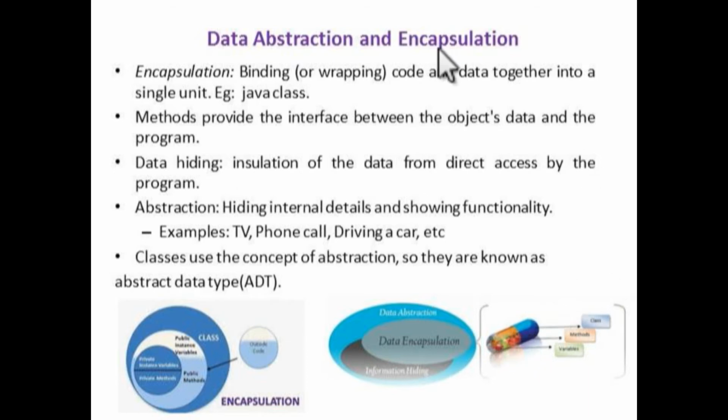Likewise, in object-oriented programming concepts, we keep the code and data inside a particular class. So other people, or other classes or objects, can't access this data, so that we can hide the data from the outside world. Then abstraction denotes hiding the background detail, and it shows only the functionality.